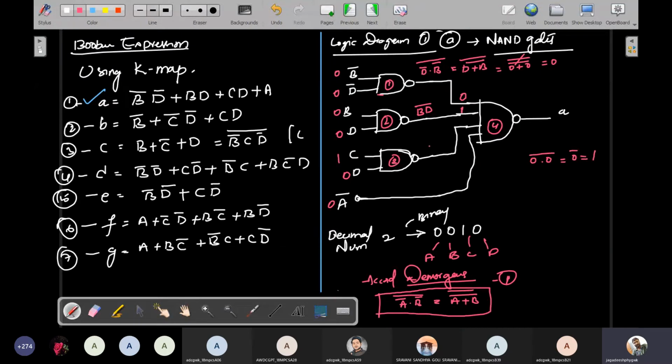Okay, now this is CD whole bar. What is the C value? (1 dot 0) whole bar, because 1 dot 0 is 0. So simply this is 0 bar, and this is called 1. So this output is 1. Okay, and come to the last output. A bar is the complement of A, which is nothing but 1 only. So your output right now is 0 1 1 1.